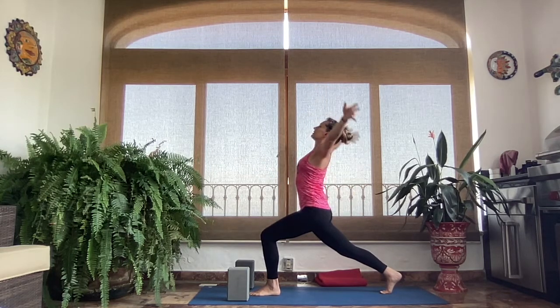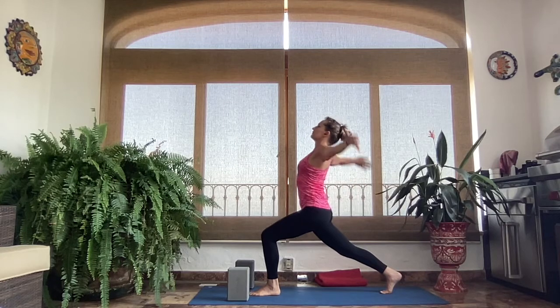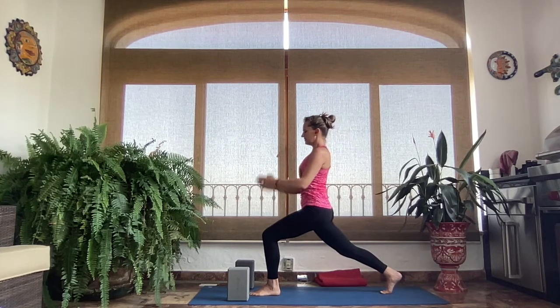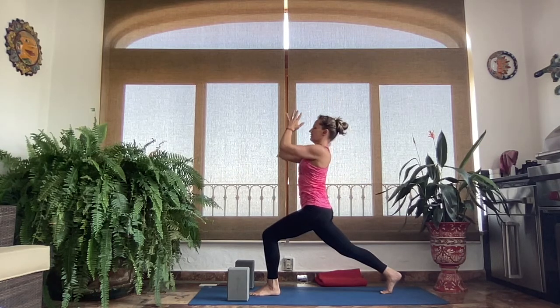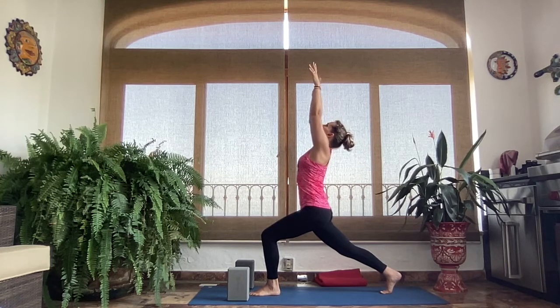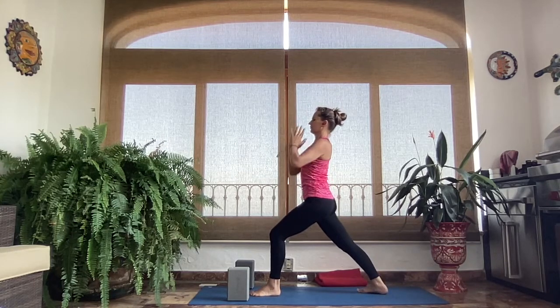Inhale, testing your balance as you move your gaze. Good. 3 more. Inhale. Exhale. Cleansing the lungs, moving lymphatic fluid with each of these big breaths. Inhale and exhale. Good. Now go ahead and put that back foot down on the floor, and we're going to stretch